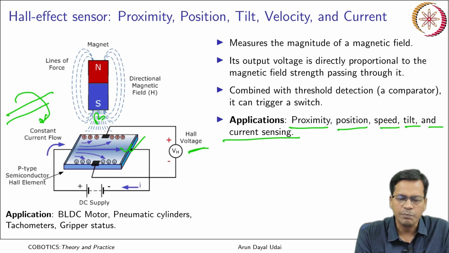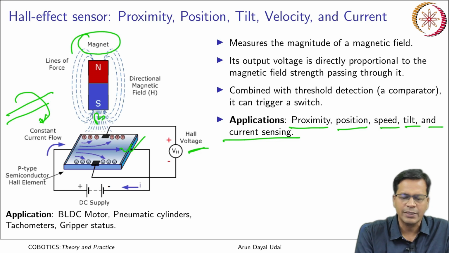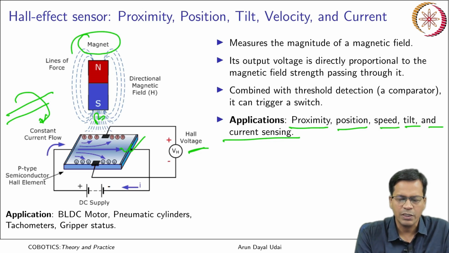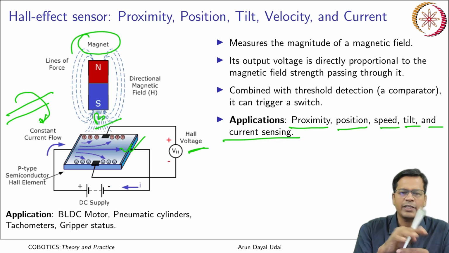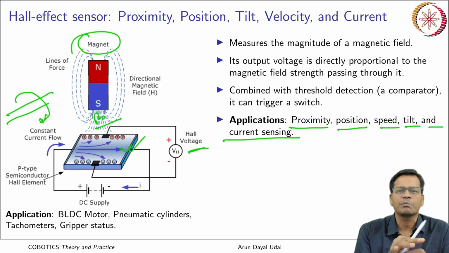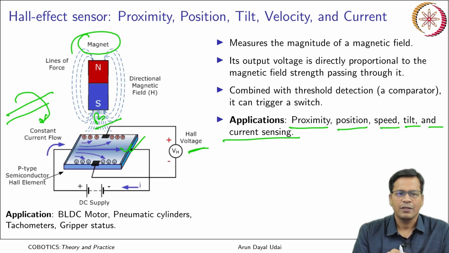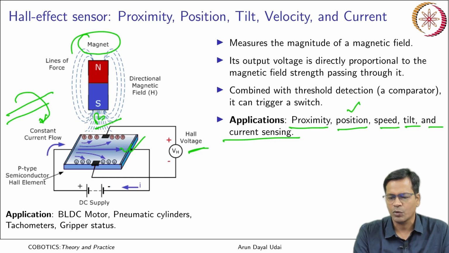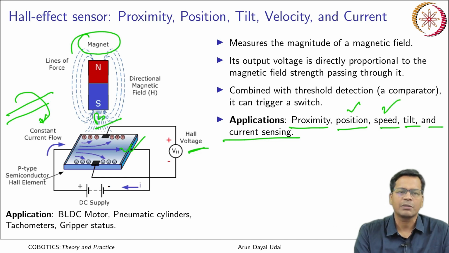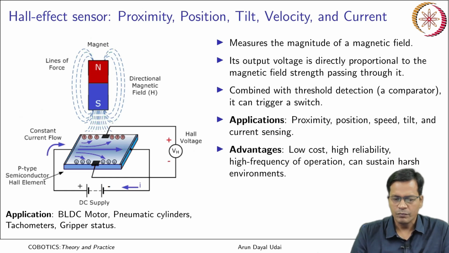Again, if this magnet is used like a tilt sensor, so you know this field B will vary depending on the tilt of this magnet. So, maybe you can calibrate this sensor to be used like a tilt sensor. You have already used it as a position sensor in case of a BLDC motor. Speed also can be estimated using that kind of arrangement as it was there in a BLDC motor.